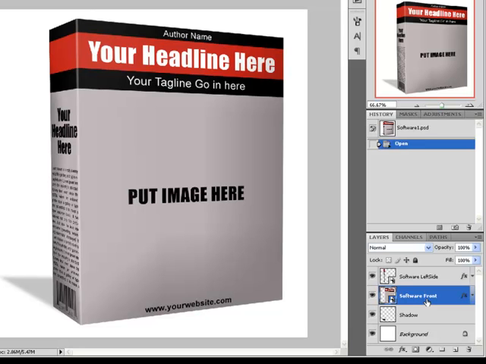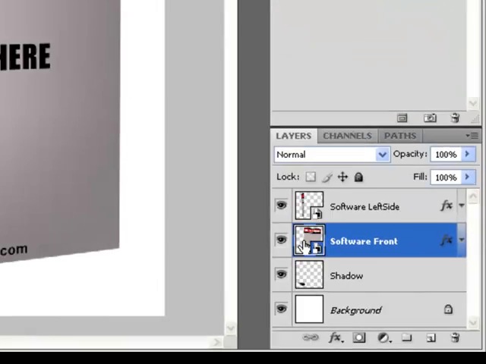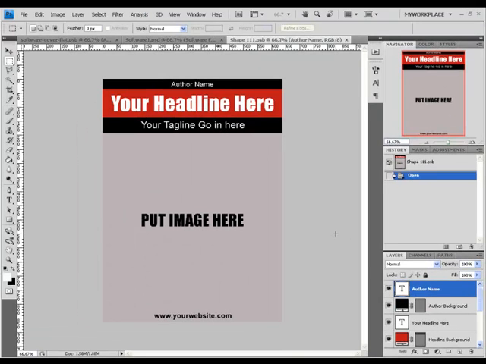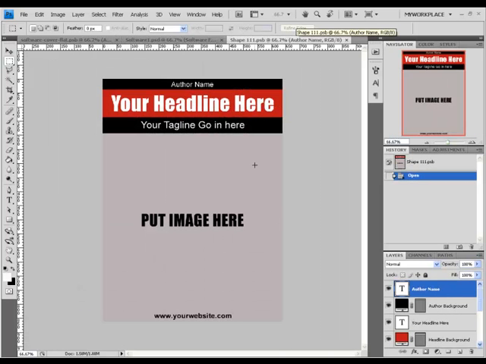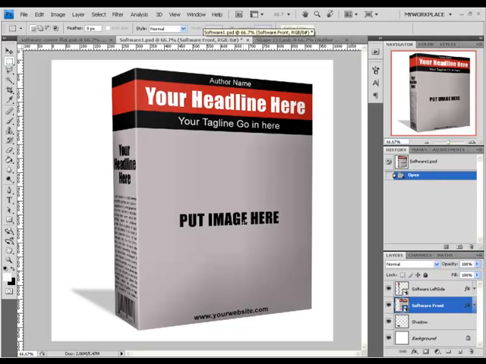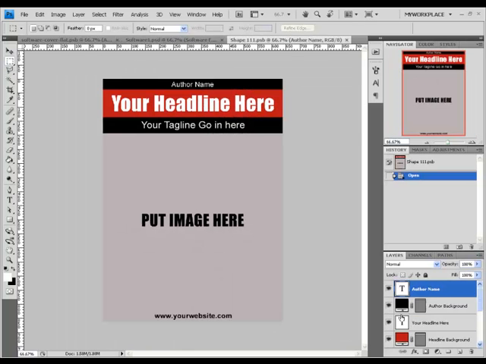The smart object is a function inside of Photoshop that lets us edit the 3D layout inside the flat window, which makes it a lot easier to edit. To open the smart object, press twice on the icon that's on the left side of the layer. As you can see, Photoshop has opened a new window, a flat window of the 3D layout. Any changes that you make on this window will take effect on the 3D layout after you save it. So you can edit the 3D layout by making the changes on the flat window